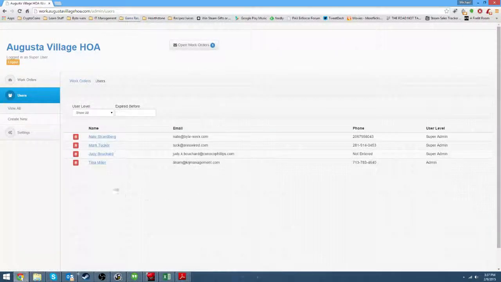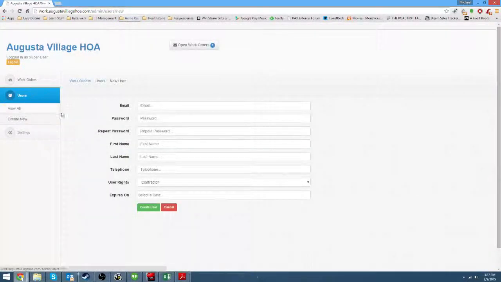But I can actually change users, and this is going to be one of the things that you'll want to know how to do. So on the left-hand side here, on your users, you just click that, go to create new, and there's a couple different things on here. Obviously, you just do the email, password, this information, but under the user rights, there are 3 separate rights, and let me explain how these work,